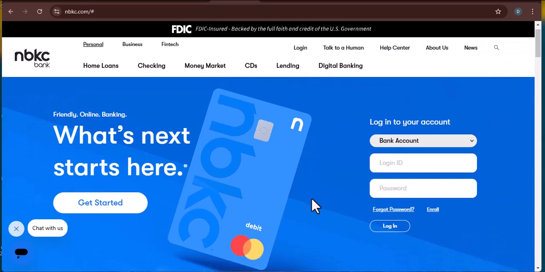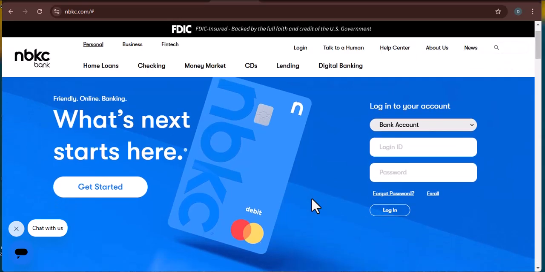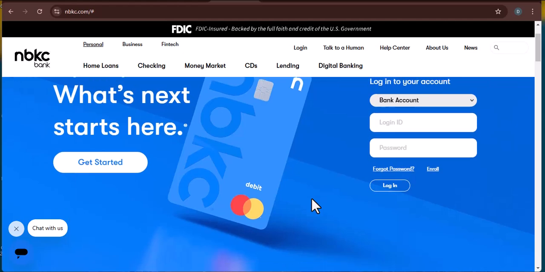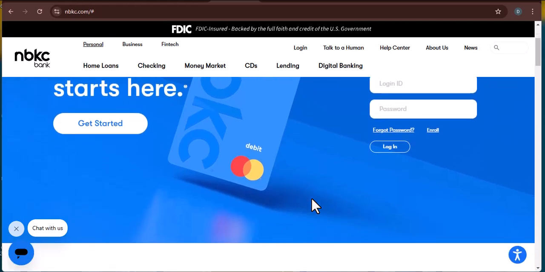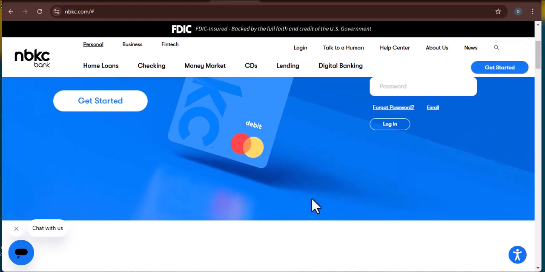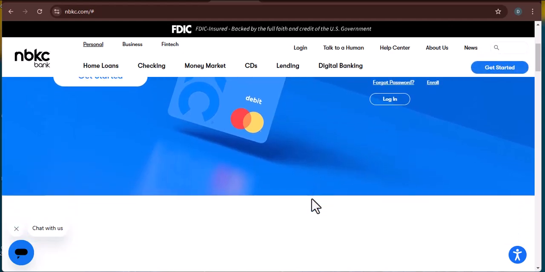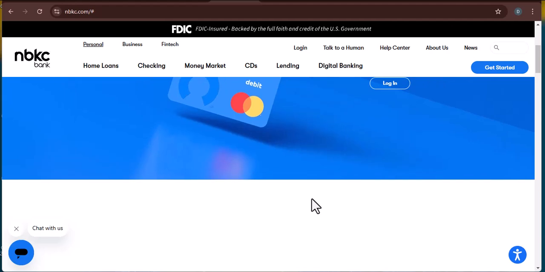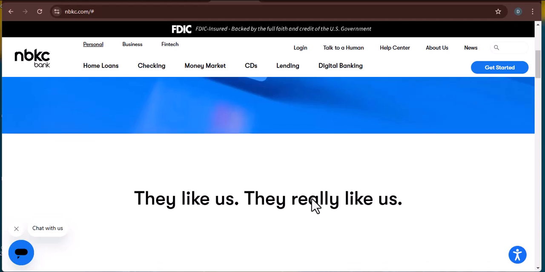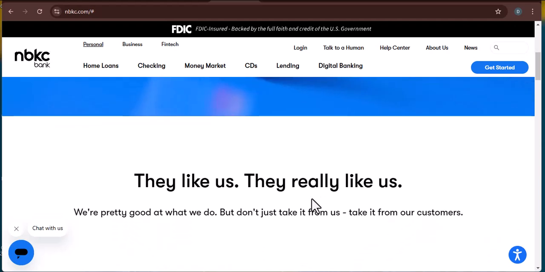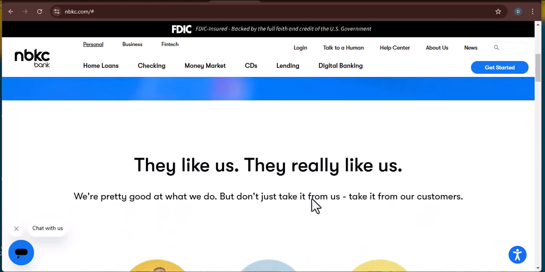Okay, so you're looking to deposit cash into your NBKc bank account, huh? Well, let's get started. Question: ever felt the frustration of trying to deposit cash at your bank? It's like navigating a maze of options and confusing instructions. Well, fear not, my fellow cash hoarding friend, because today, we're going to demystify the process of depositing cash into